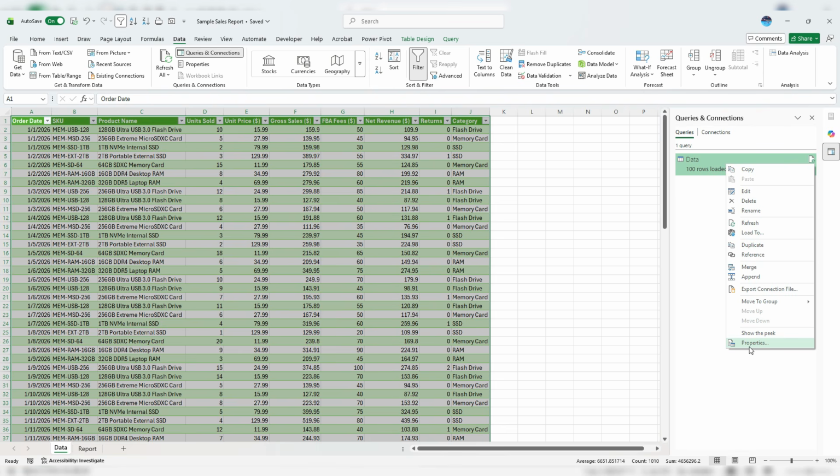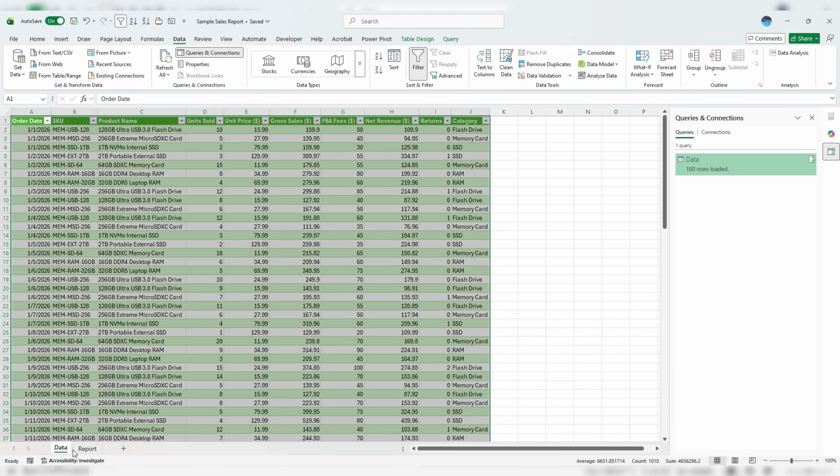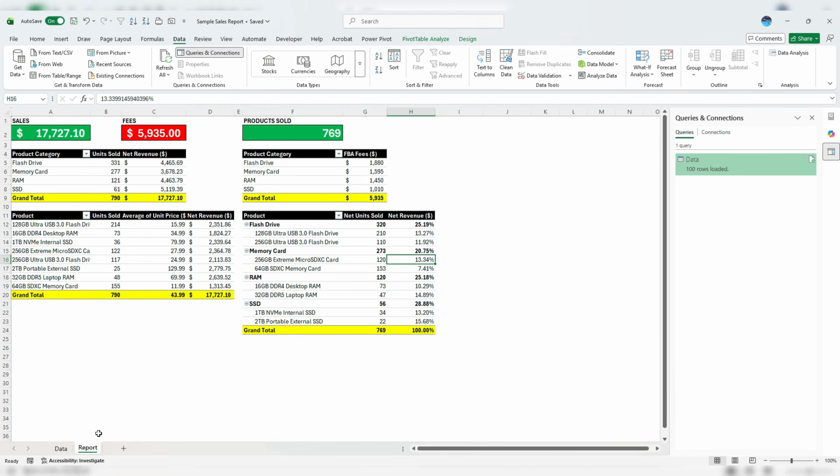If I right click and select Properties, there's an option for Enable Background Refresh. Although that sounds like what you want, I'm going to uncheck this, because leaving it on actually causes an issue where the query will update, but the pivot table won't. So if I uncheck that and click OK, that's going to enable me to just do a single refresh of my pivot tables as opposed to refreshing them multiple times, once for the Power Query download and once to